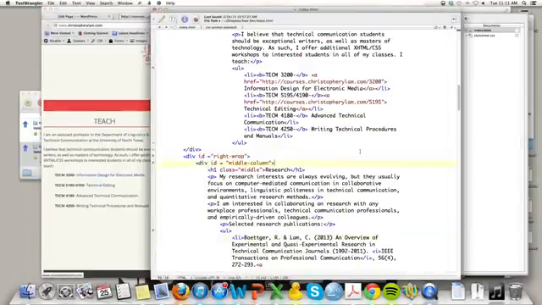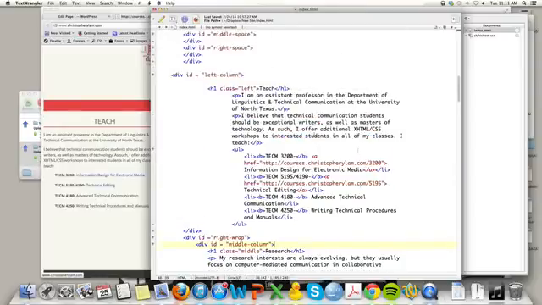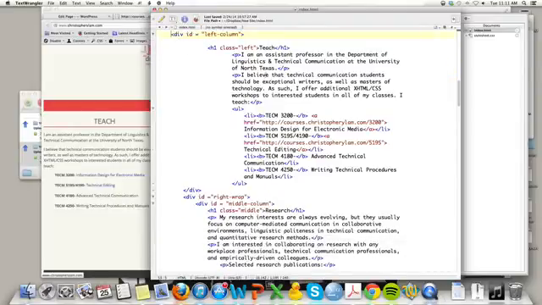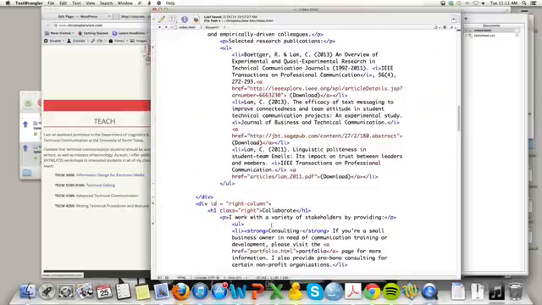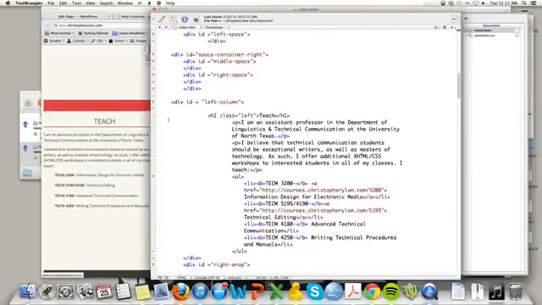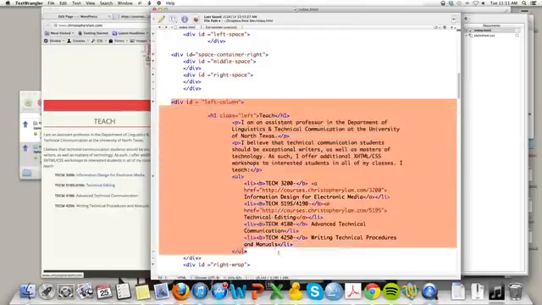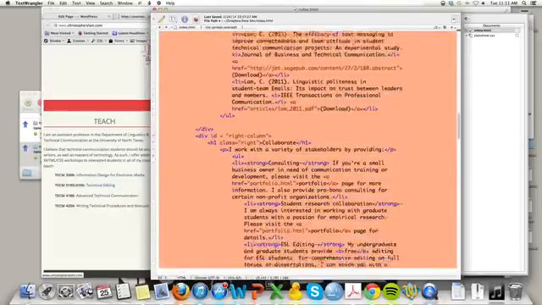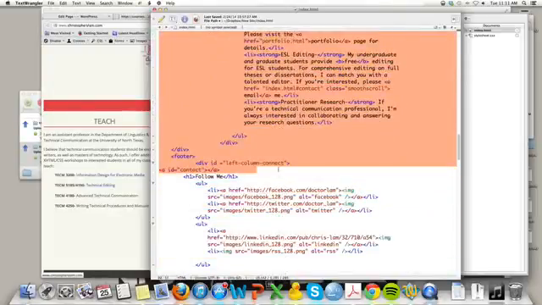So let's find Teach, Research, and Collaborate. It looks like it starts here. I've got a div called left column, and that's where I start with my Teach, Research, and Collaborate. So I'm going to copy all of this code from left column